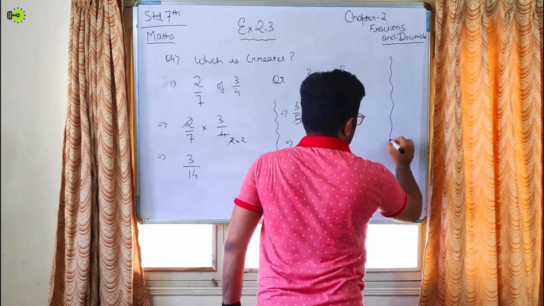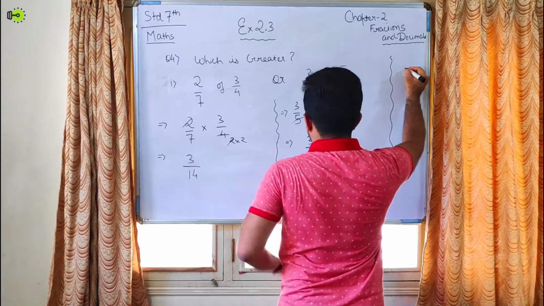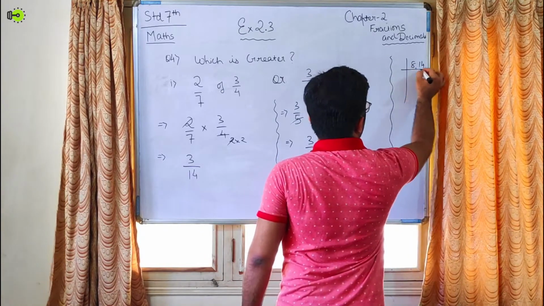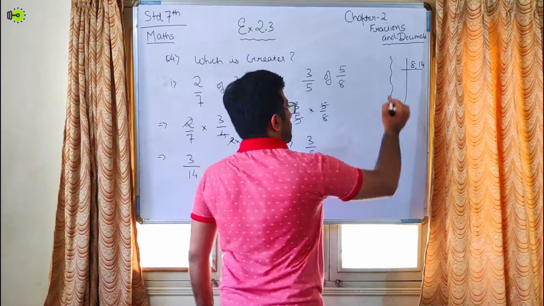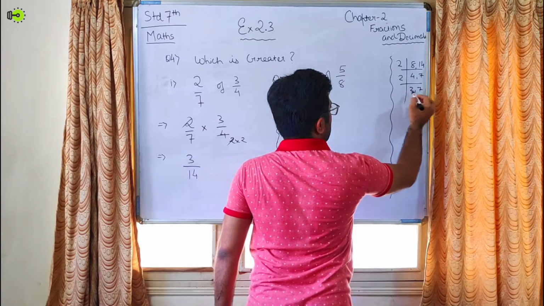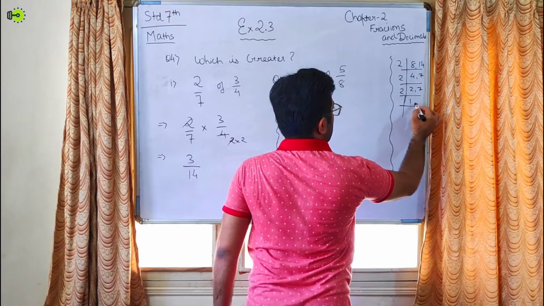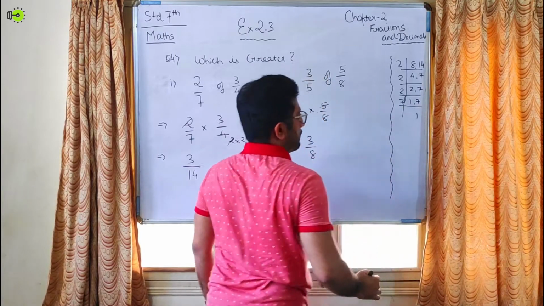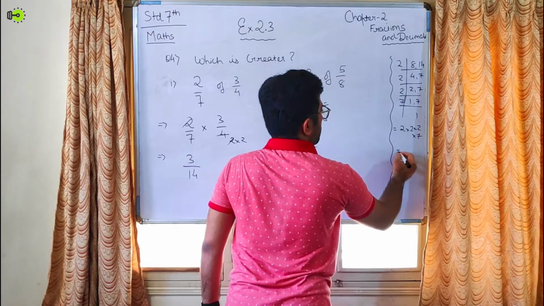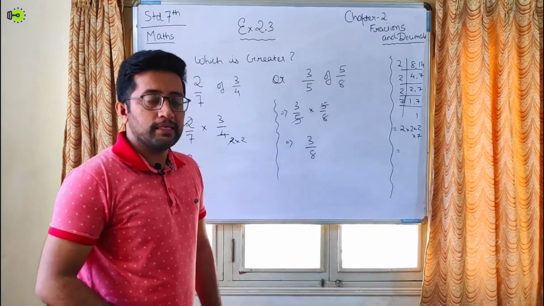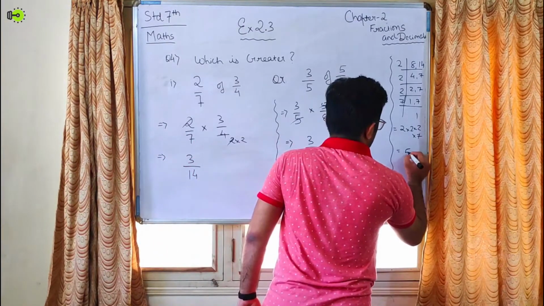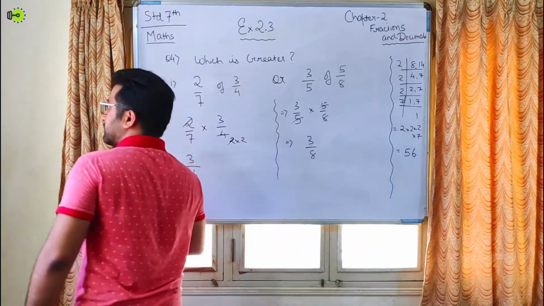So on the RHS side we will calculate the LCM of 8 and 14. So 8 and 14. So calculating the LCM, 2 4s are 8, 2 7s are 14, 2 2s are 4 and 7, 2 1s are 2 and 7 and 7 1s are 7. So LCM will be 2 into 2 into 2 into 7. So 2 2s are 4, 4 2s are 8 and 8 7s are 56. So our LCM is 56.